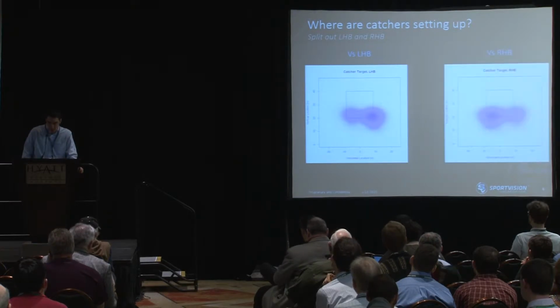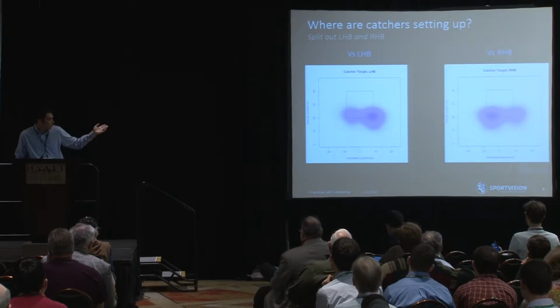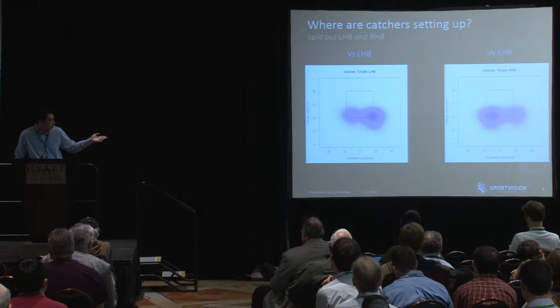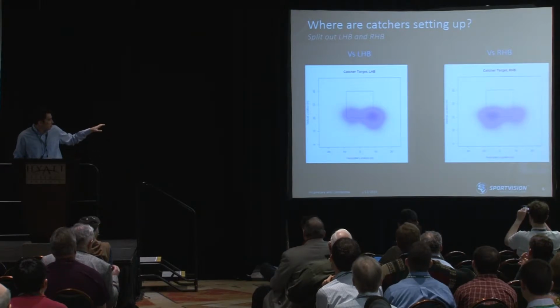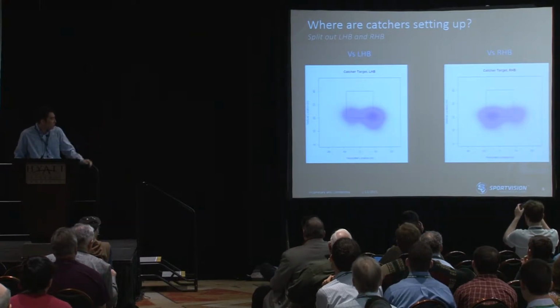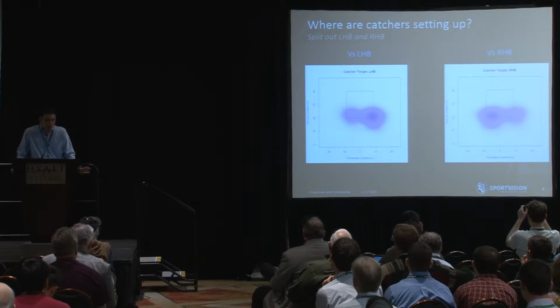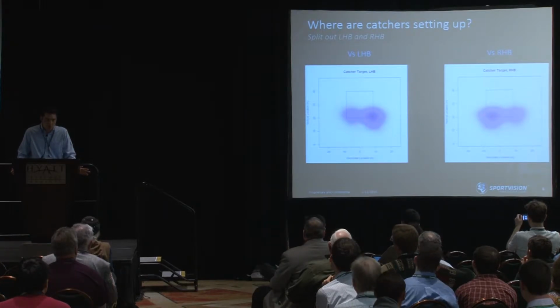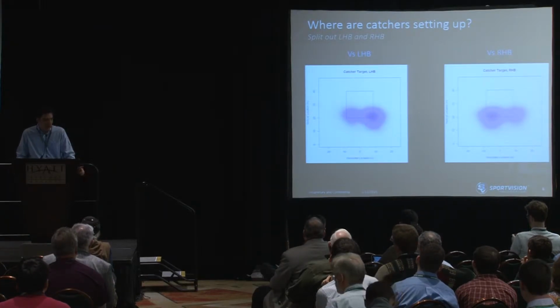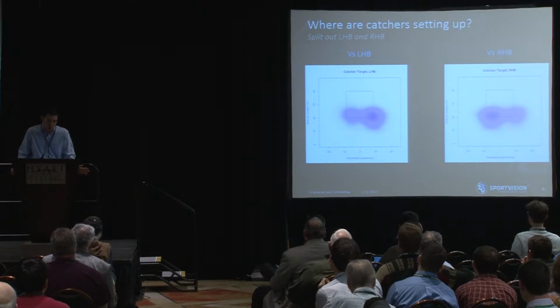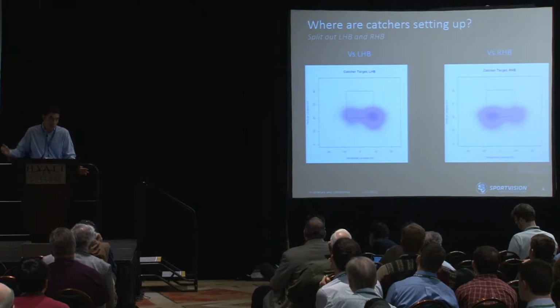And when we compare it to right-handed batters here, similarly, righties are mostly setting up on the outside as well. You'll notice that the lefties' zone for outside seems a little further pushed out than the right-handed zone. I think this gels with a lot of the work we've seen so far, using PitchFX on called strikes, since lefties generally have been getting called strikes a little further outside than right-handed batters. I think it makes sense that catchers are reacting to that by setting up a little further outside so they can get more called strikes, because in general, a called strike further out is going to be